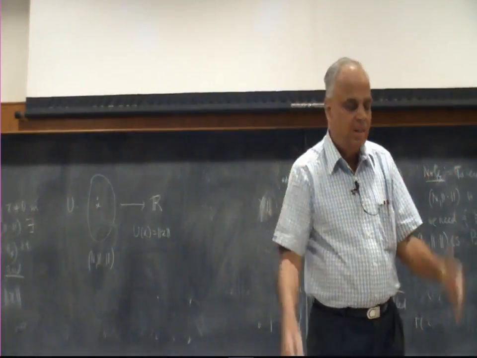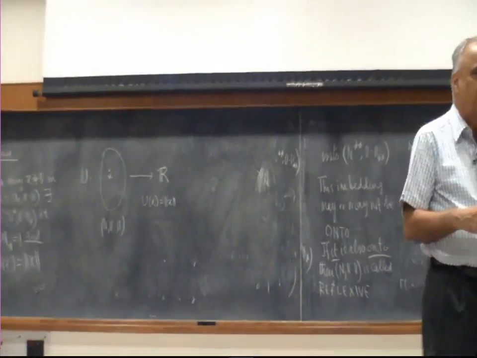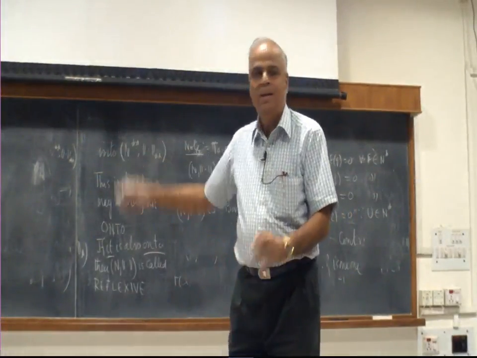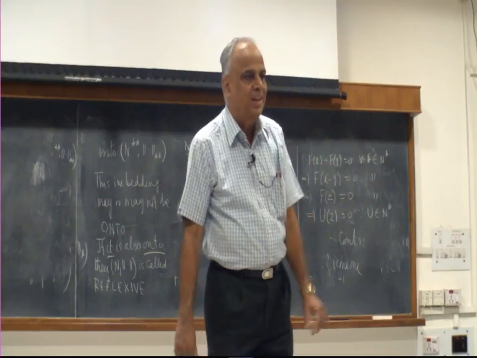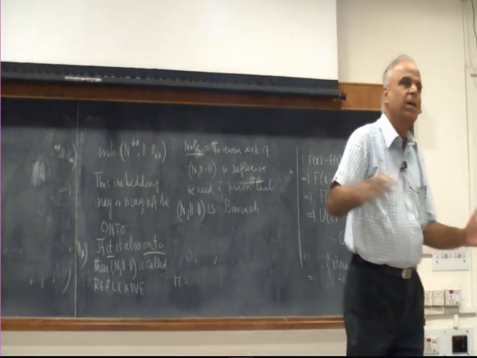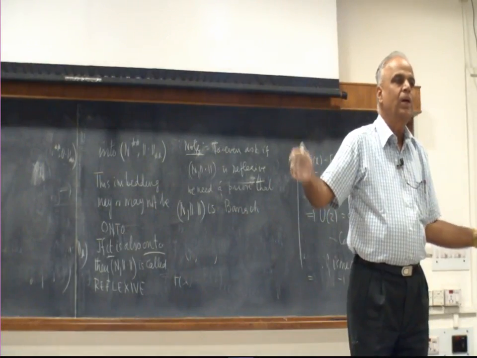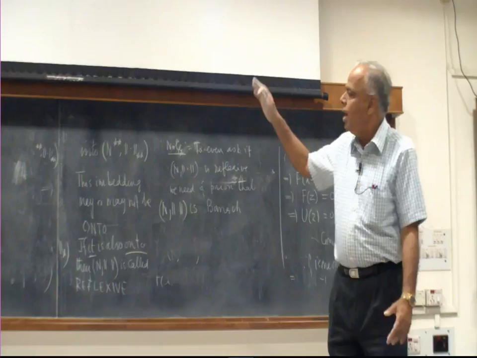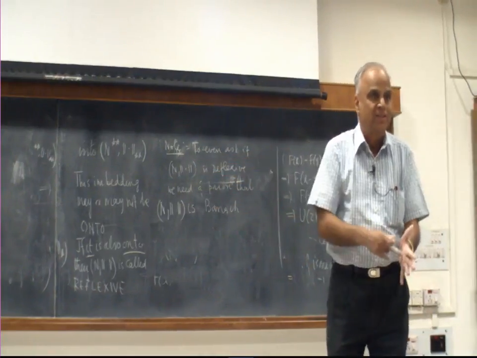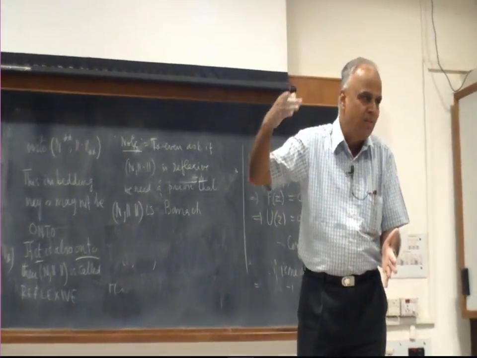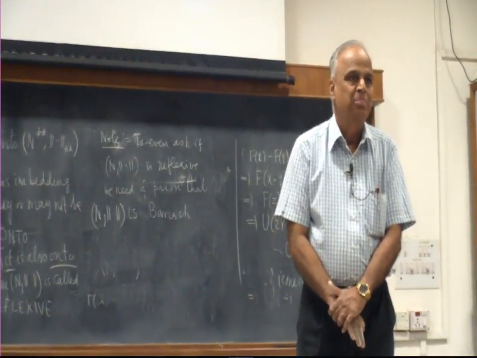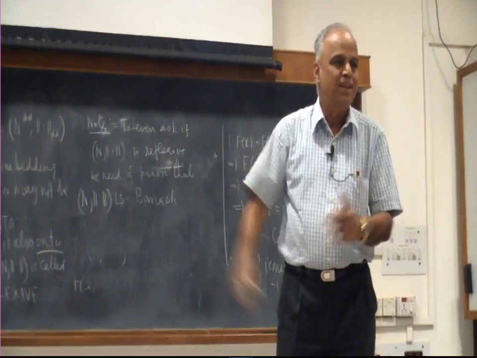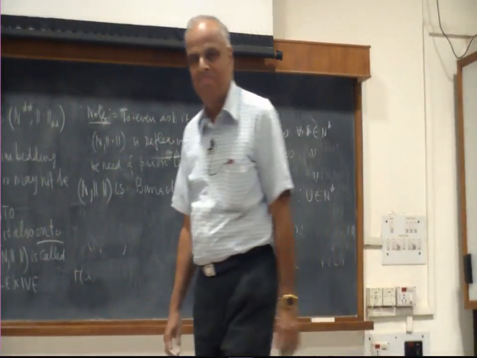Any linearly independent set can be extended to a basis. A single element x not equal to 0 is a linearly independent set. So it can be extended to a basis. So only I have to now tell what u does to this basis. I will say u does this to x and let it do whatever it wants to the other fellows. Then I would have got a linear functional which takes the value norm x at the point x. So this is not a big deal.